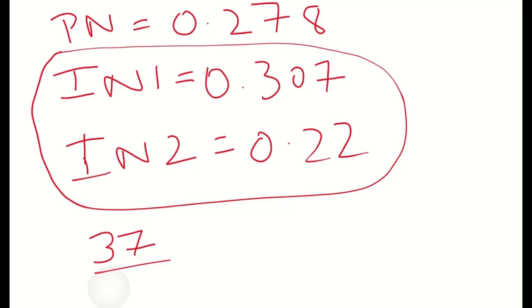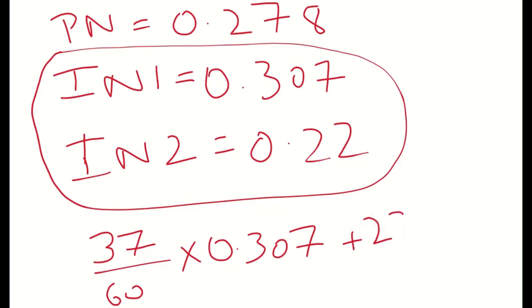So 37 out of 60 into 0.307, plus 23 data points belonging to the second intermediate node, 23 into 0.22